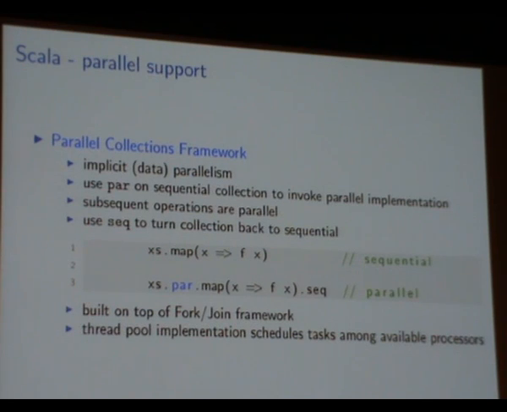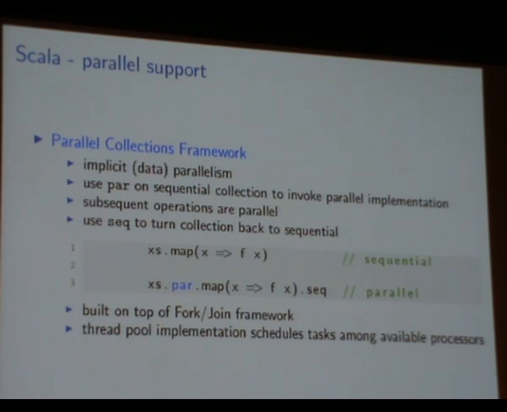Say access is a list, so you can just do .par, which invokes the parallel version of the list, and then all subsequent operations that you invoke on this version of the collection will have a parallel implementation of the operation that you call. And this is built on top of the fork join framework, and it has a thread pool implementation that schedules